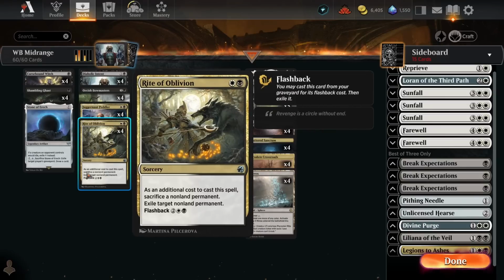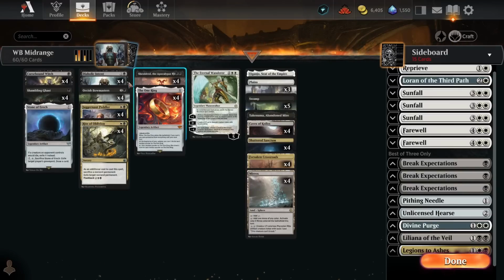Then the second really sweet card in this deck is Rite of Oblivion. So this is such a sick removal spell, and this card has really been pulling its weight in testing. So not only is this a clean answer for everything, it can kill creatures like opposing Shieldreds or Bowmasters, which can be a problem with our One Ring, obviously,